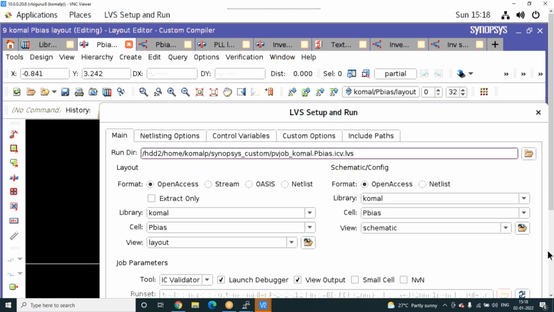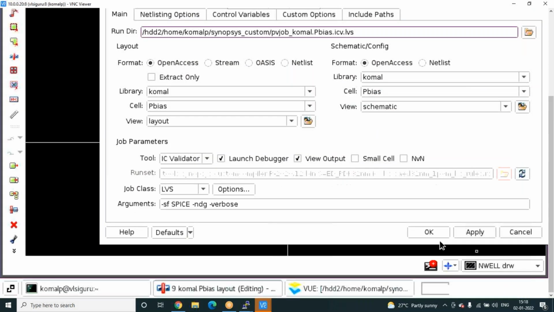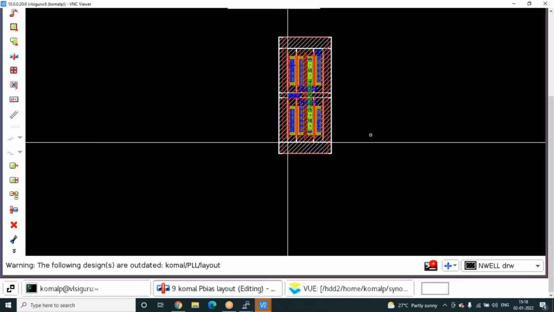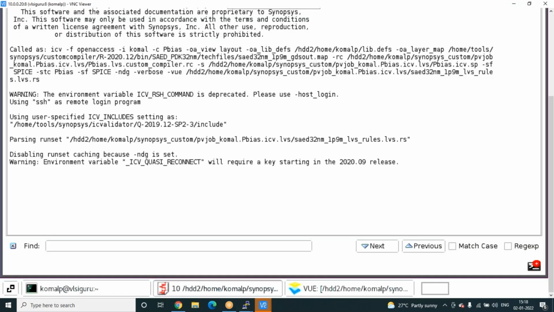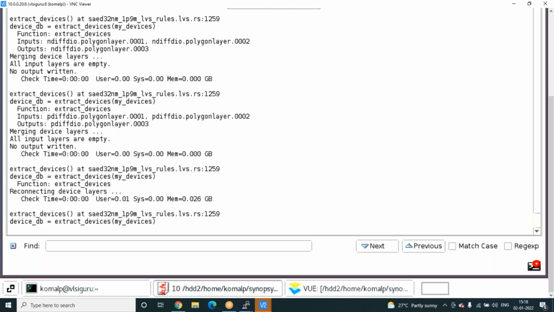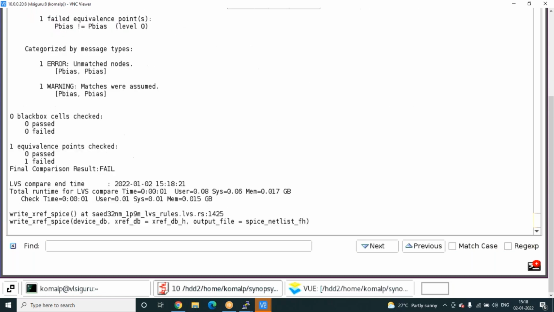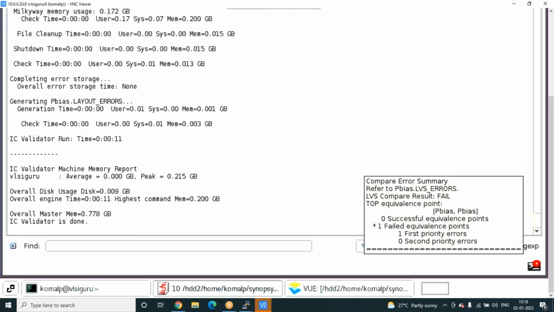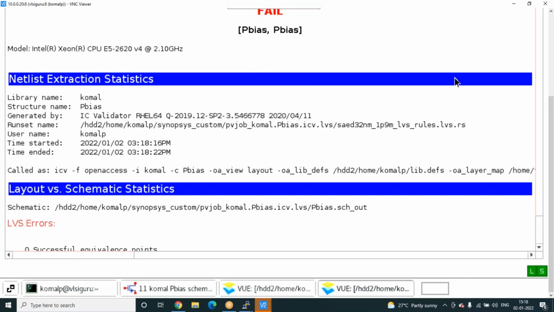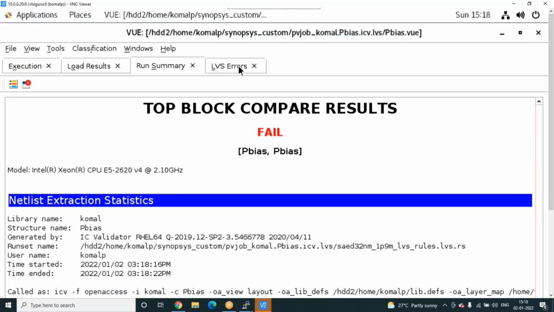LVS means layout versus schematic, so they will be compared.